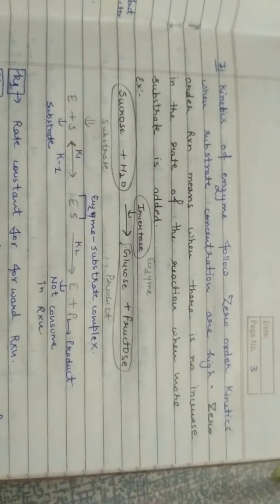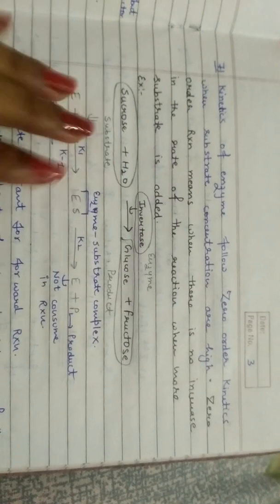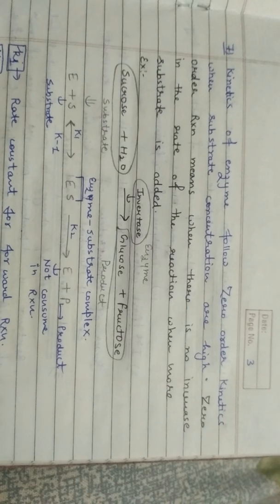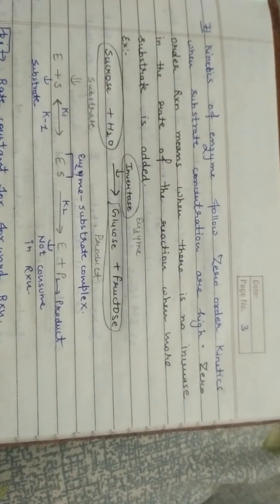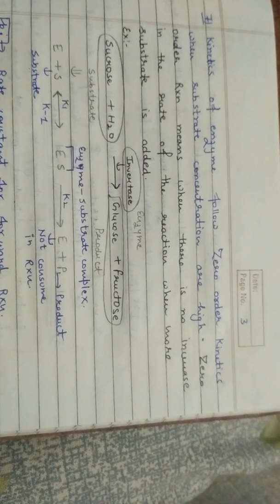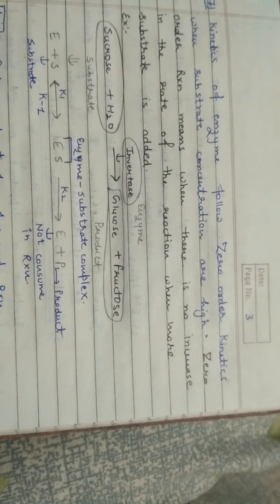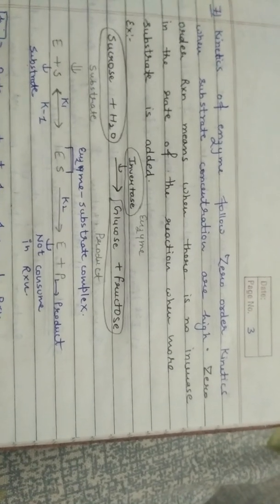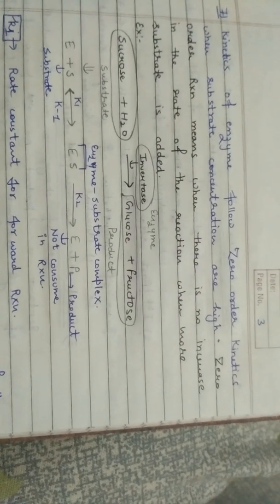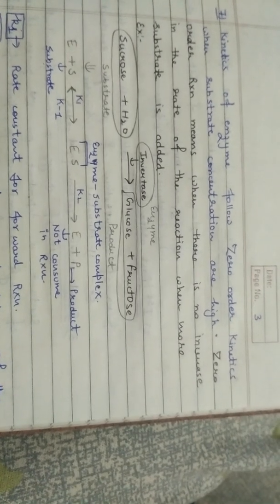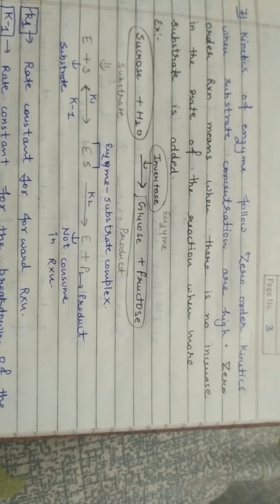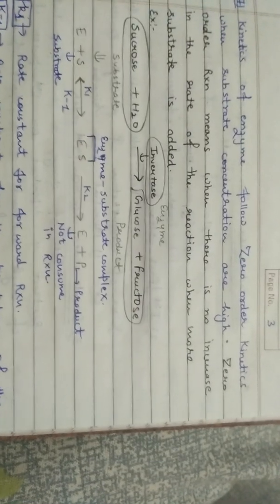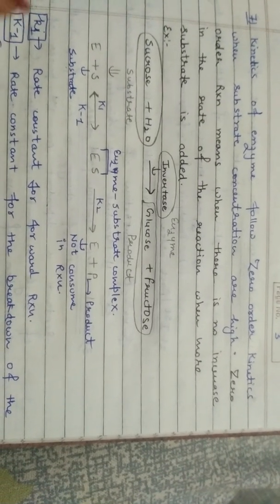Now in the next step, we are looking at how the kinetics of an enzyme follows zero order reactions, as I said. Up to a particular limit, when substrate concentration increases, there is an increase in the product yield, but after that level, as we increase substrate concentration more and more, there is no effect on the product yield. At that moment, the reaction follows zero order kinetics, meaning there is no effect on product yield, however much substrate you add to your reaction mix.